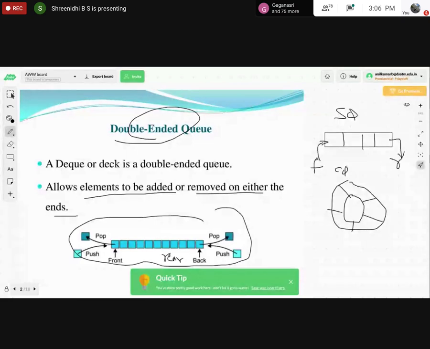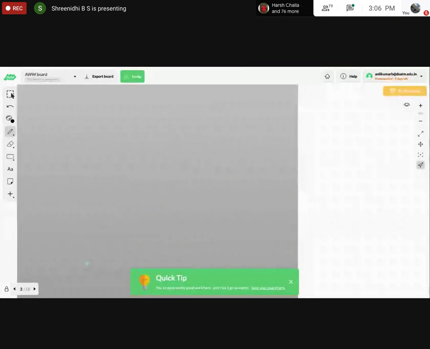Here in this DQ, we can insert the data either from front end or from the rear end. We can delete the data either from front end or from the rear end. This is a simple brief description of how DQ is represented.